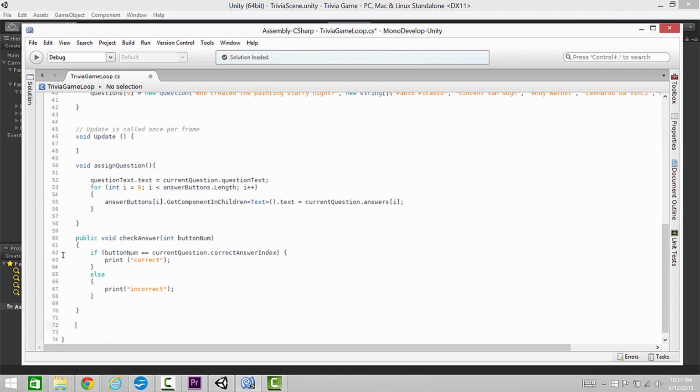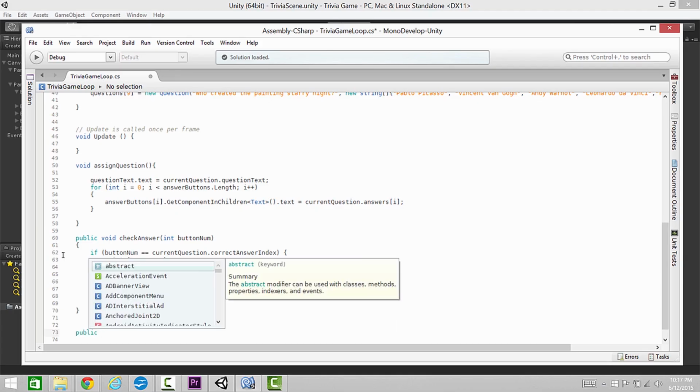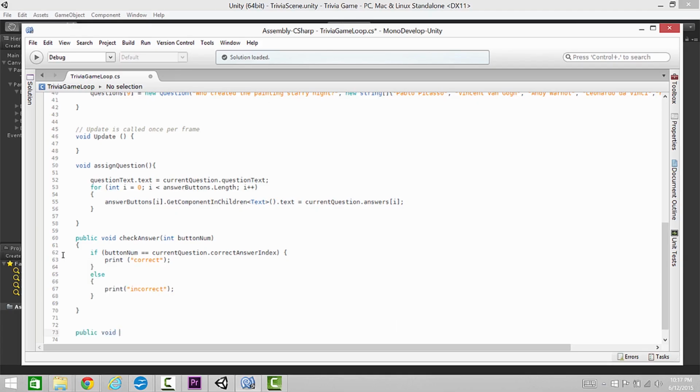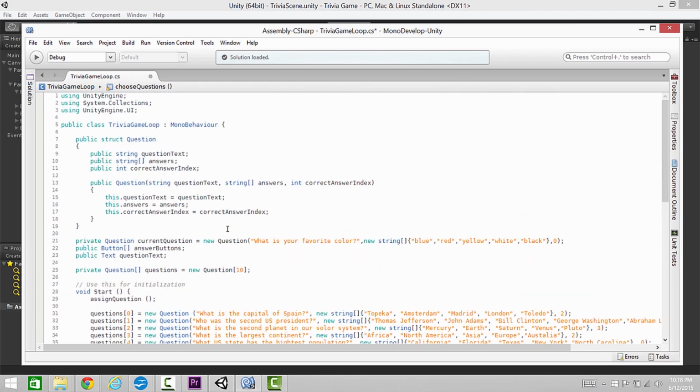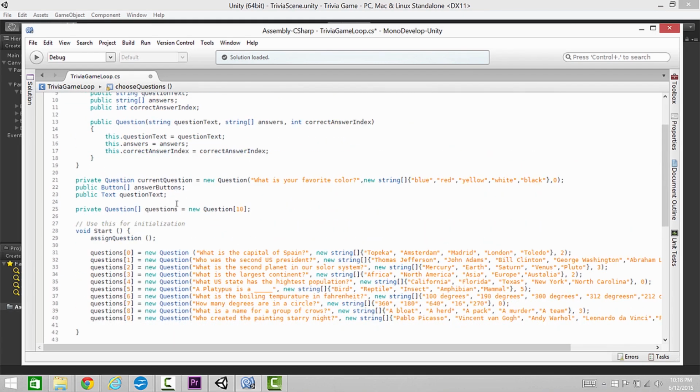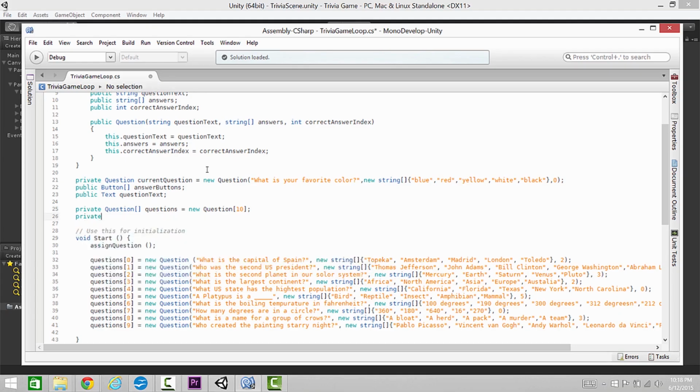Now we can go ahead and randomly choose one. So make a new function, public void, and I'm going to say, we don't need to make this public, we can just make it void, and it's going to be called, let's see, ChooseQuestions. We're going to choose more questions later. Right now we're just going to choose one, but ChooseQuestions is fine. And what we need to do in here is use a variable to store a randomly chosen question. So let's make a new variable. We're going to make it private. It's going to be an int called current